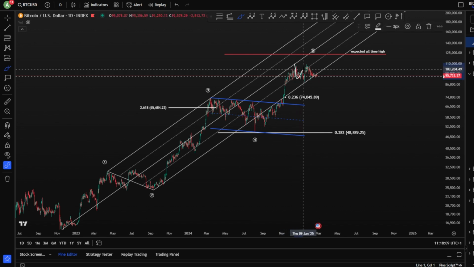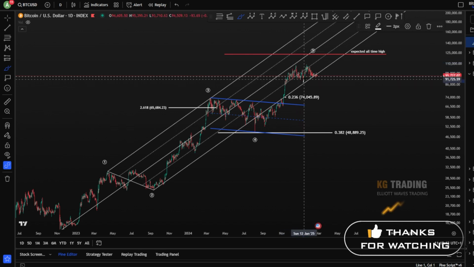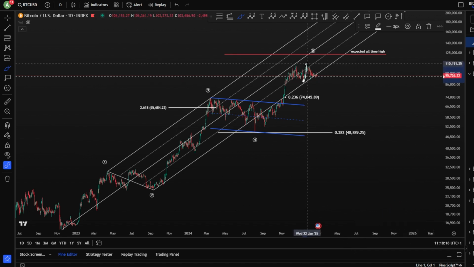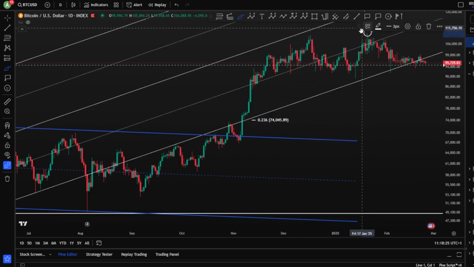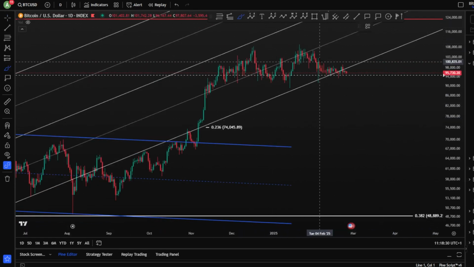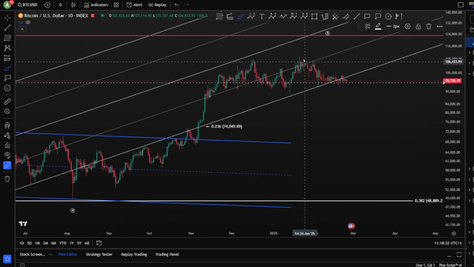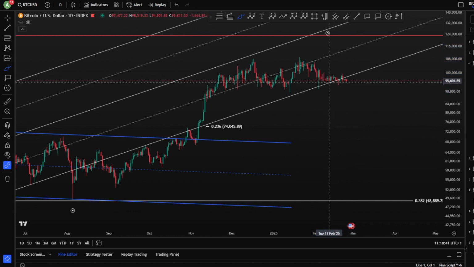And of course, you would like to see a range inside it in case you have several 4, 5. You would like to see a hit in the lower line here and move toward the upside again, finishing a new wave 5 with a new all-time high as we got exactly here. Now, in case we have still one more wave 4 and a 5 to finish, you would like to see a wave 4 hitting the midline again and probably using it as a support and moving toward the upside again for a wave 5.